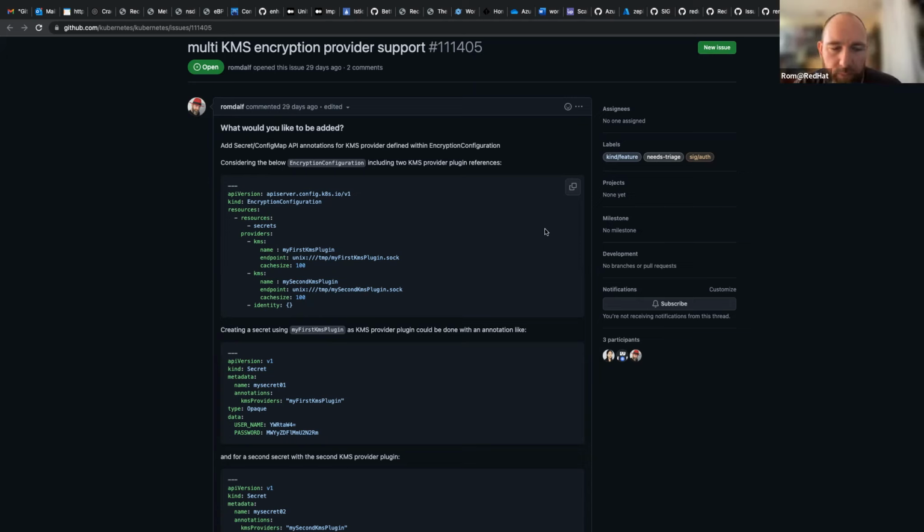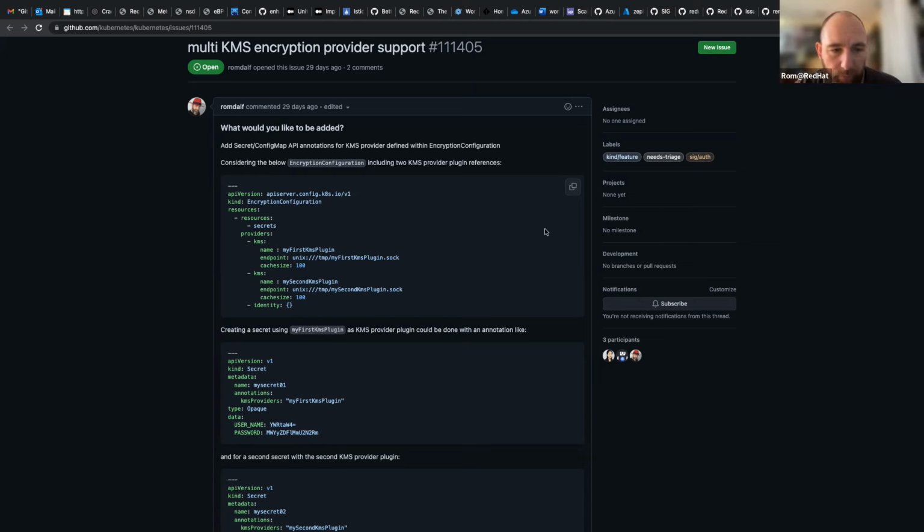And the reason why I would love to remove the ordering is also to be able to think about having multiple KMS encryption. We have that use case with government customers, where they do multi-tenancy, and each tenant might come up with their own KMS provider or set of keys.